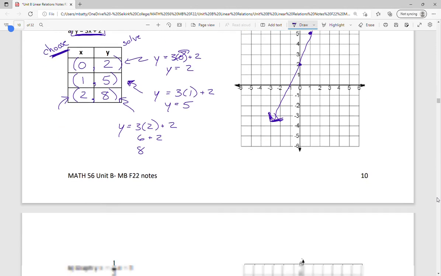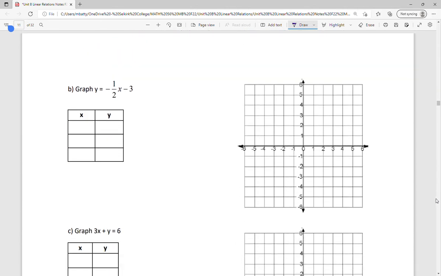Let's try another one. So we have another linear equation here. I have a y, I have an x. It's already solved for y, and this time it has a funky fraction as a coefficient. So that fraction is going to affect what numbers I choose for x. If I don't want to graph fractions, and let's be honest, who wants to deal with more fractions in their life than necessary? I'm going to pick